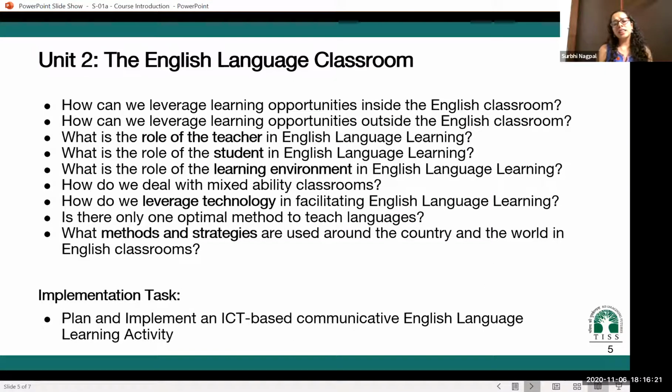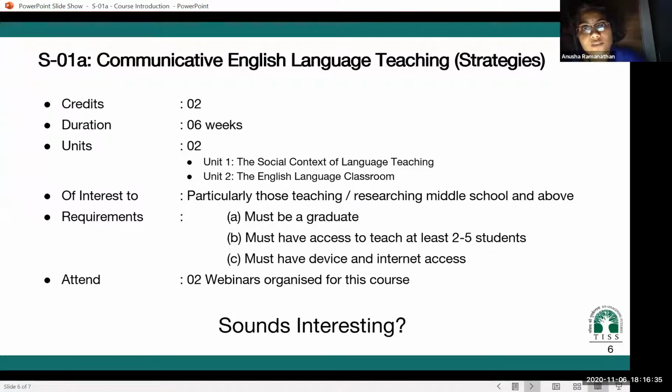I'm sure that now that we've discussed these two units, our participants would love to get into the technical details of the course and know who can actually opt for this course. Oh, yes. So the ones who can opt for the course are people who can work on it for at least 6 weeks with us. We would like at least 6 weeks of time. And the course has got 2 units, as we just mentioned.